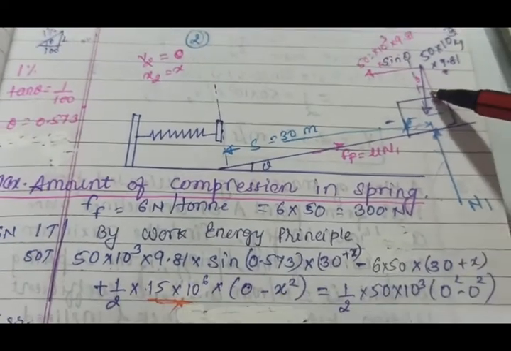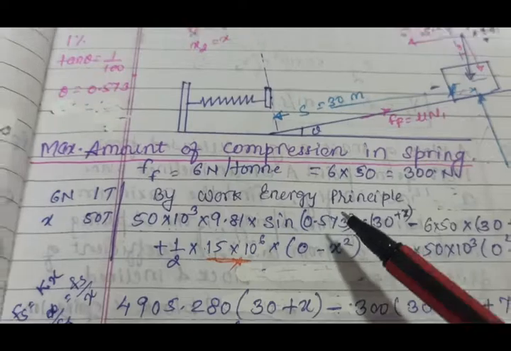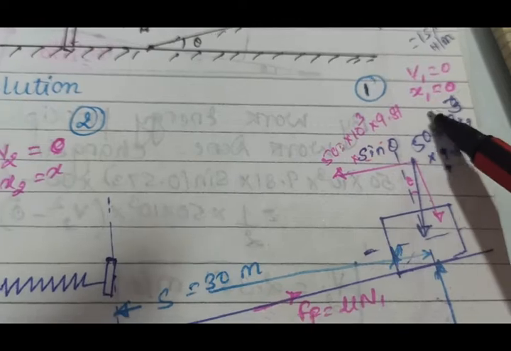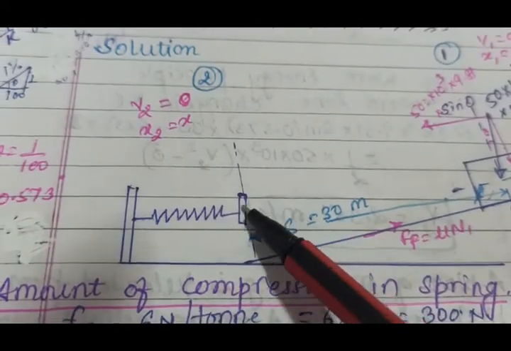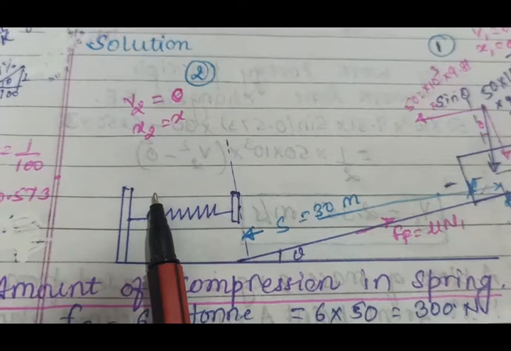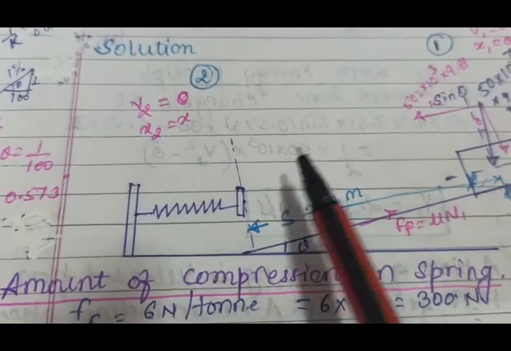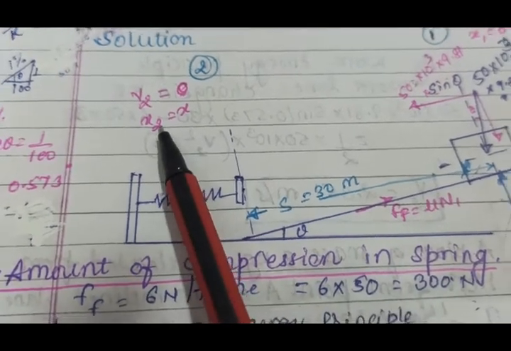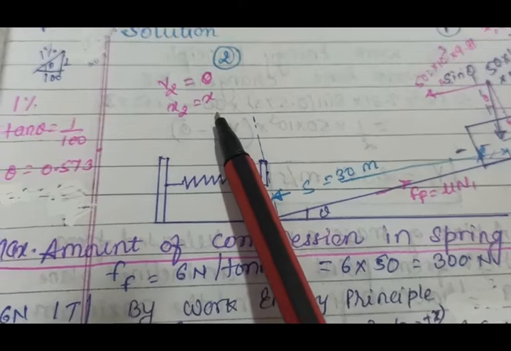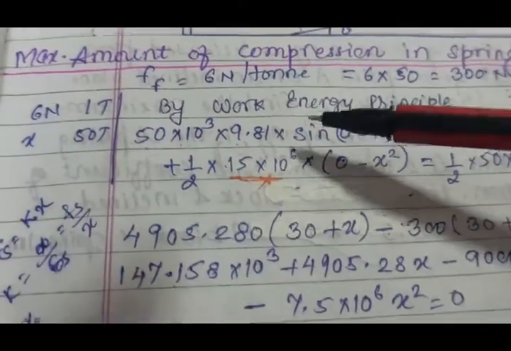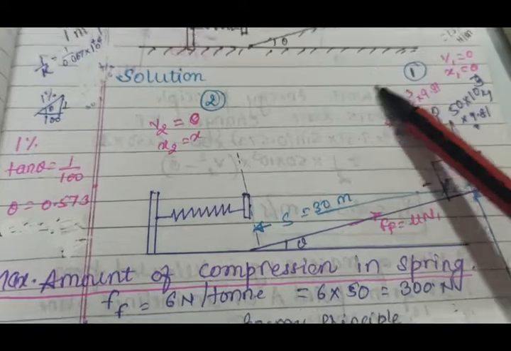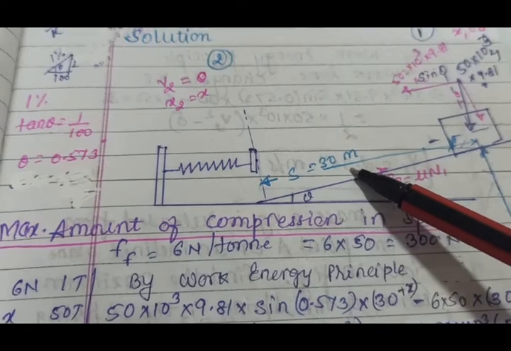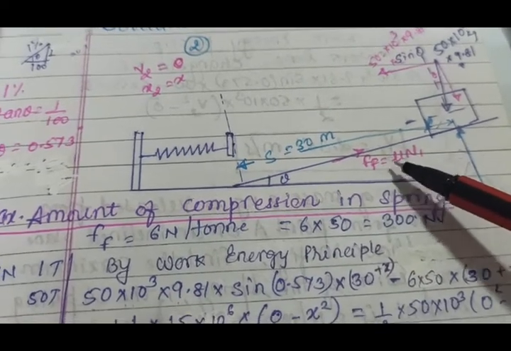First we are finding out the maximum compression in the spring. We will apply the work energy principle. At this position, velocity v1 is equal to 0 and compression in the spring x1 is equal to 0. At the position of maximum compression, the spring will come somewhere here. At that point velocity will become equal to 0, because the block will continue to move until its velocity becomes 0, and at that point the compression in the spring will be maximum, which we are considering to be x. So again we'll apply the work energy principle. Downward is negative, so all these forces will become negative, displacement is also negative, force of friction is positive, but displacement is again